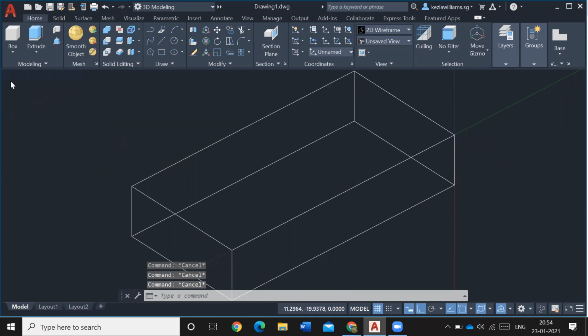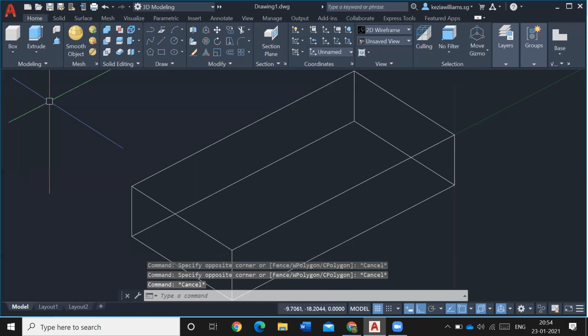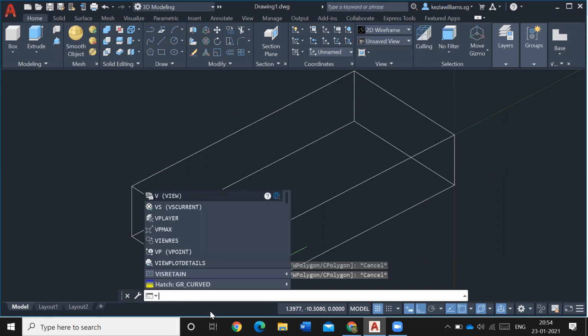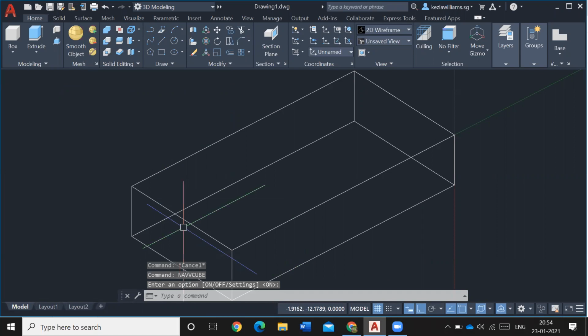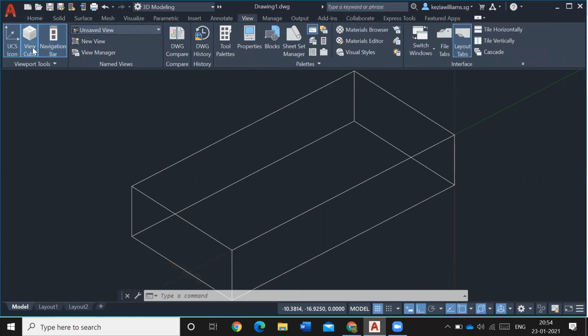Where has it gone? Navigation bar is gone. Where is my navigation bar gone? Navigation. NaviCube. On already. Okay. View. ViewCube.